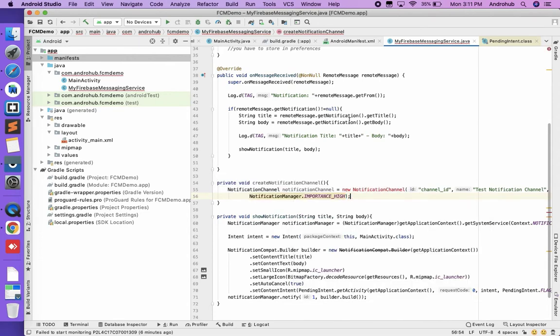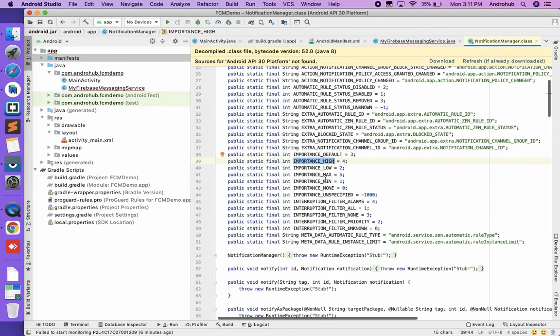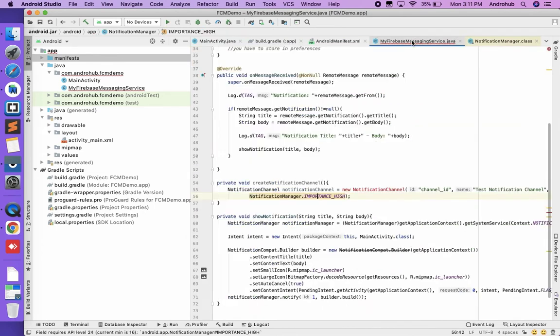Okay, so I'm giving the high importance. You can decide the importance on the basis of how important your notification is. It has importance high, low, maximum, default, none. We're using the importance so that we can display the notification properly to the user. Let's suppose if you're working on a promotional one, then the user may or may not want to receive it. In that case you can put the importance as low or minimum.